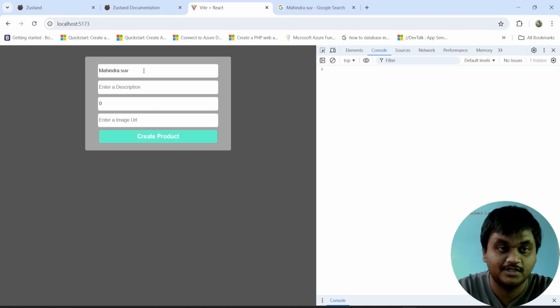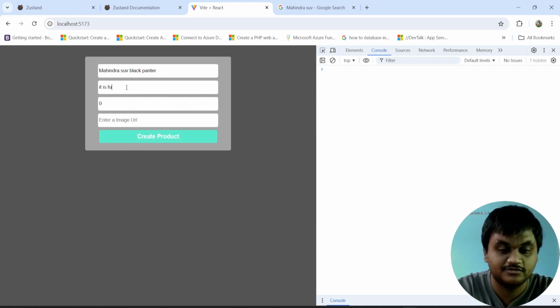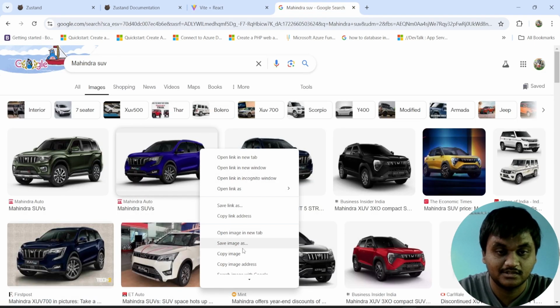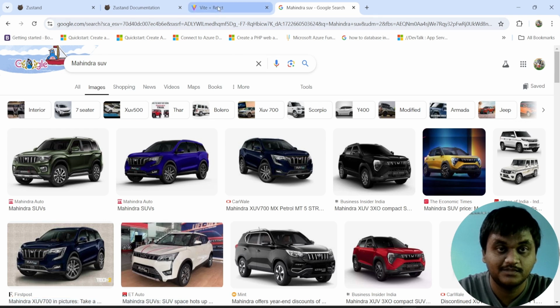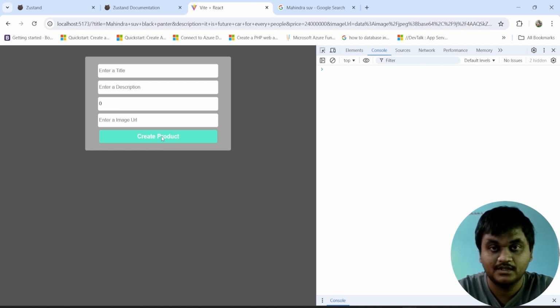See, Mahindra SUV Black Panther. Apologies if there is any spelling mistake. It is a future car for every people. I'm writing like this, and I set the price as 24 lakhs and give some image. Copy this image address and place it into the image URL box. And if you click on create product, see, we are getting